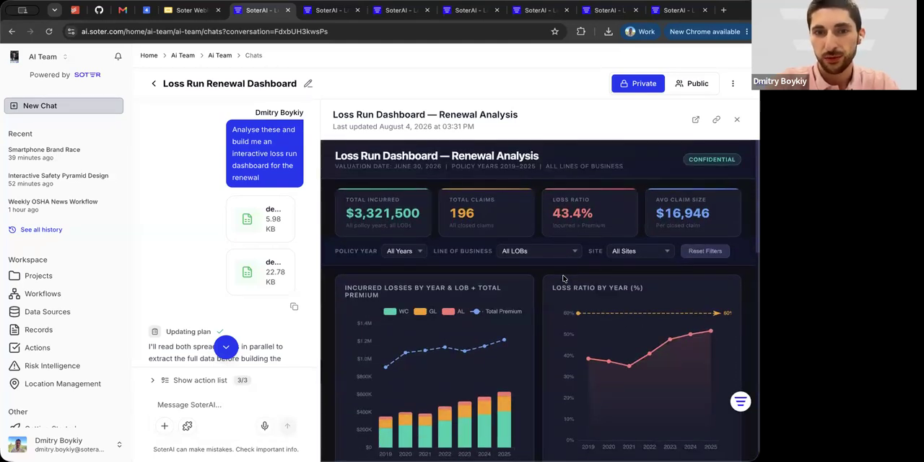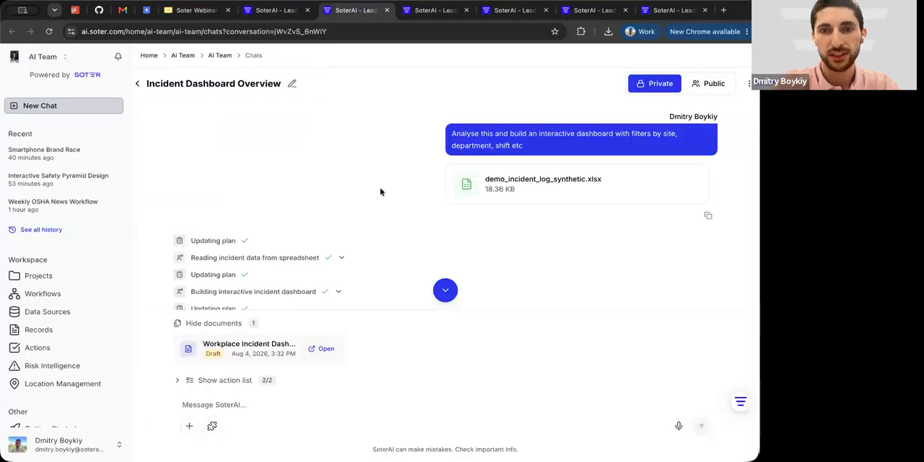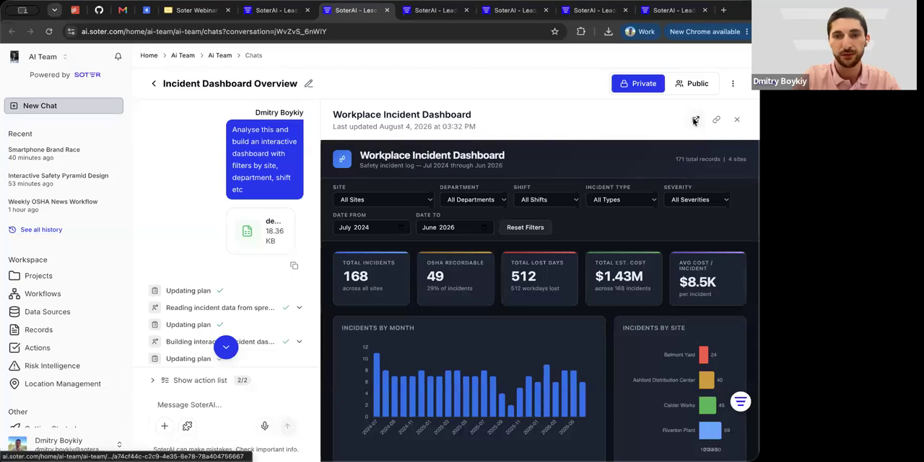I wanted to showcase a few more. This one was the loss run dashboard. Next one is data analysis. Again, as you can see, you can't do anything more simple than that: I just asked it to analyze this incident log and create me an interactive dashboard with a few filters. AI is often so smart that it can figure out what I would actually need. And what we have here is again